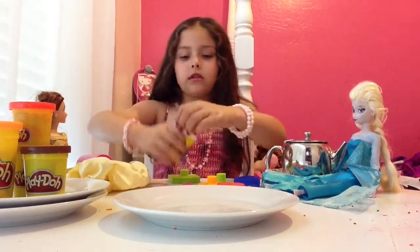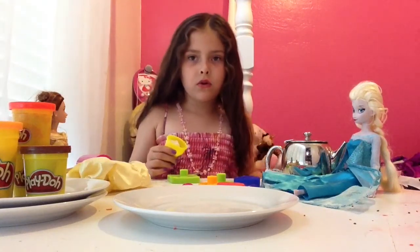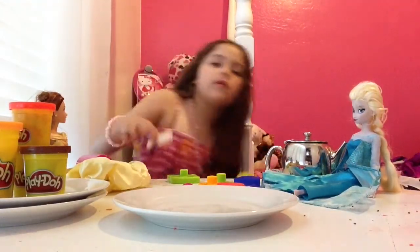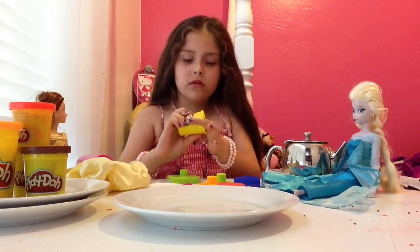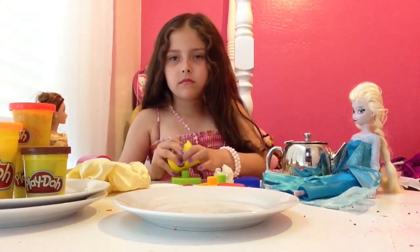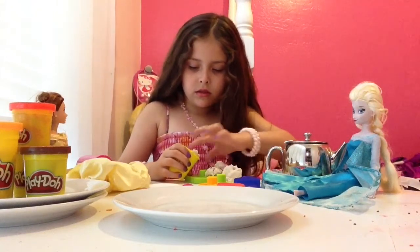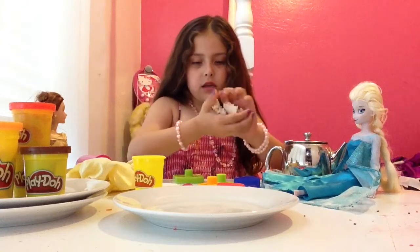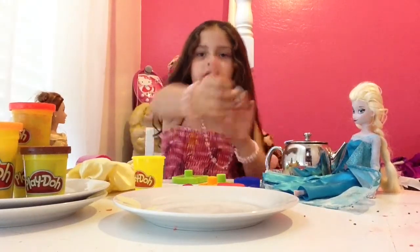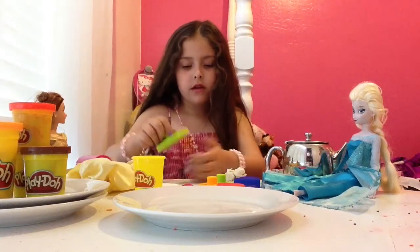And the white is going to be used. So I take this, open. Whoa! Oopsie. Now, I take the Play-doh, take it, get the can, now squeeze it. Here's the white Play-doh. Now, I'm going to take half of it, cut it in half, like that, and then